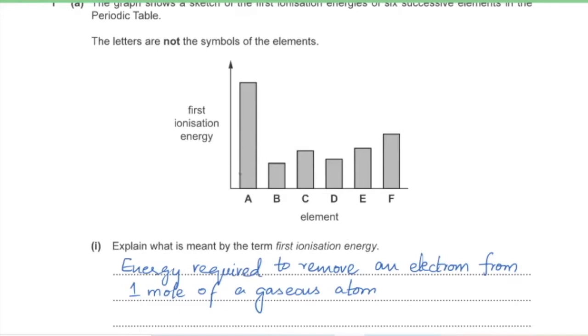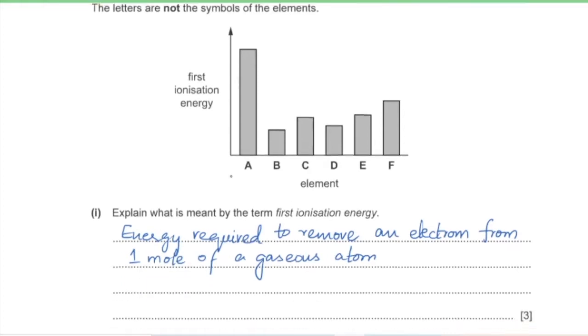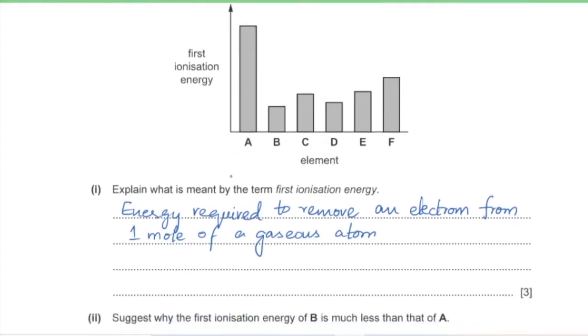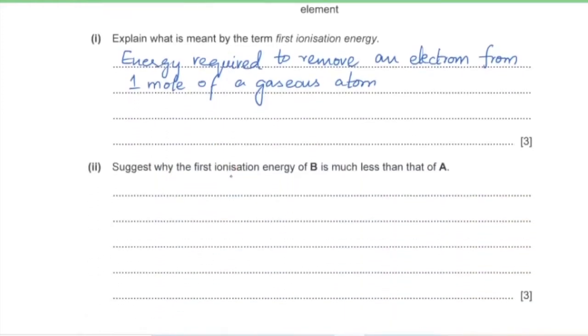So this higher bar basically tells us that the electron being removed from A is not in the same shell as electrons in B, C, and the rest of them. In fact, it's an inner shell, so we can write that B has its outer electron in a higher energy level that experiences greater shielding, and hence there is less attraction between the electrons and the nucleus. So the 3 points which we need to mention are that